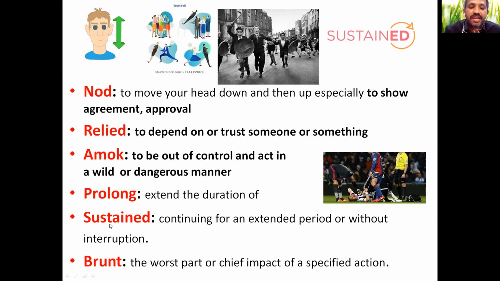The next one is sustained. SUSTAINED. Sustained means continuing for an extended period or without interruption. You see, sustained, here it goes on. Sustained and prolonged are both almost similar. Sustained immune response in the sense of a permanent immune response. So if you take two doses, generally, especially the polio vaccine,